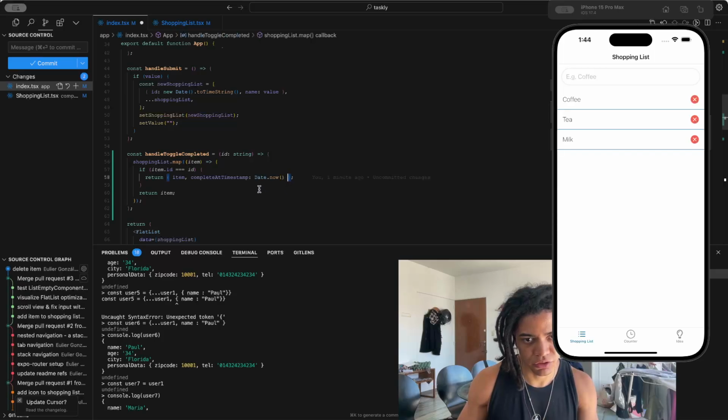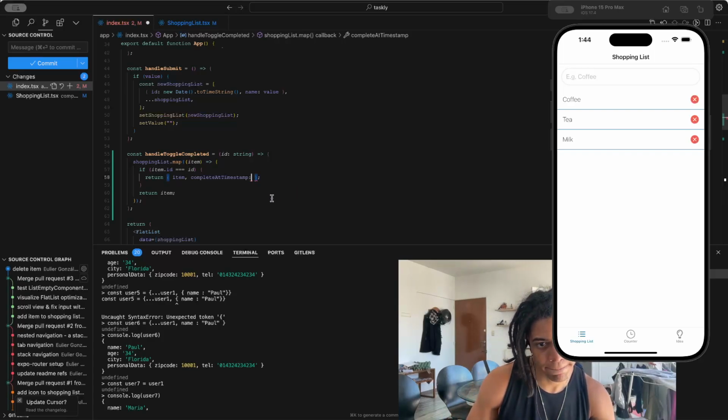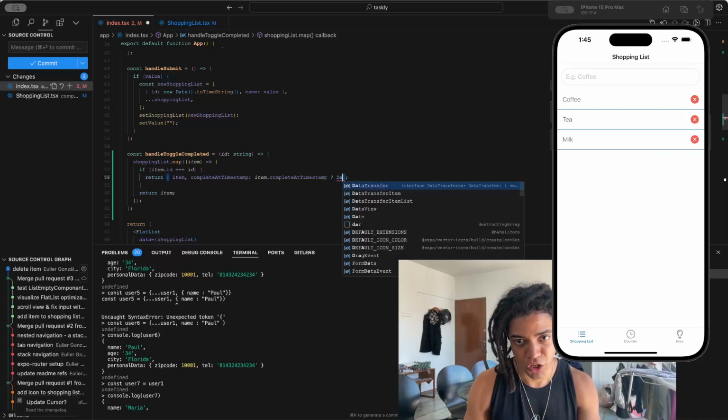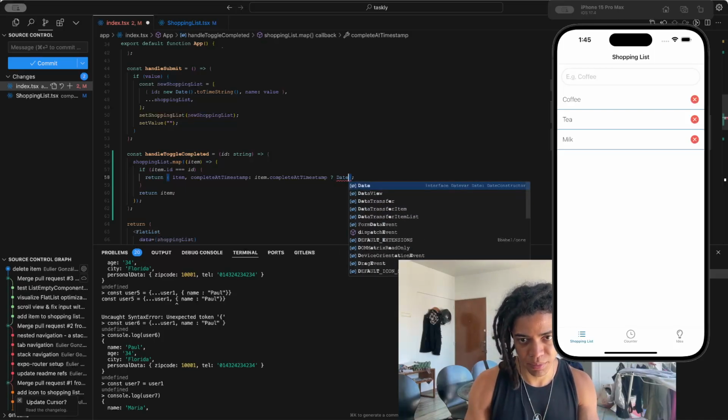Otherwise, set that to no. So if the item's completedTimestamp actually has a value, right? You want to go to the static implementation, the static method,